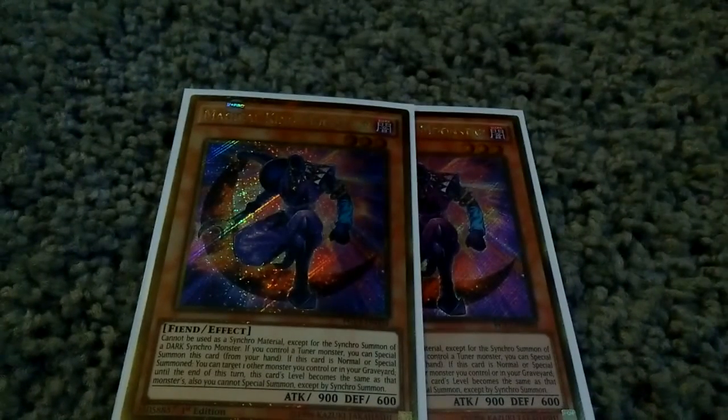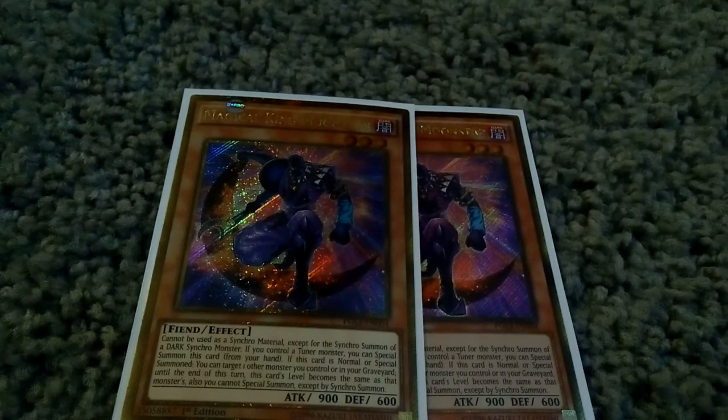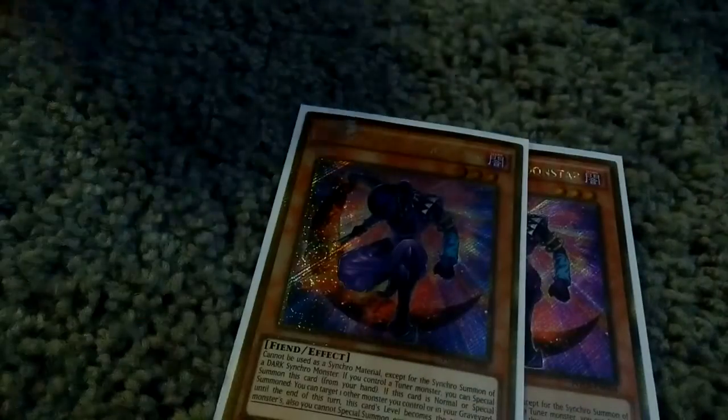Now here's a card I've been loving in this deck lately. It's so good. We play 2 Magical King Moonstars. Magical King Moonstar is a great card because it is a level 3 that can special summon himself out if you control a tuner. But what makes him pretty good is that you can activate Magical King Moonstar's effect more than once per turn. So you can just go, okay, sweet, special summon Magical King Moonstar, synchro up, get out another tuner, special summon him again, just in case you drew him or had another one in hand,